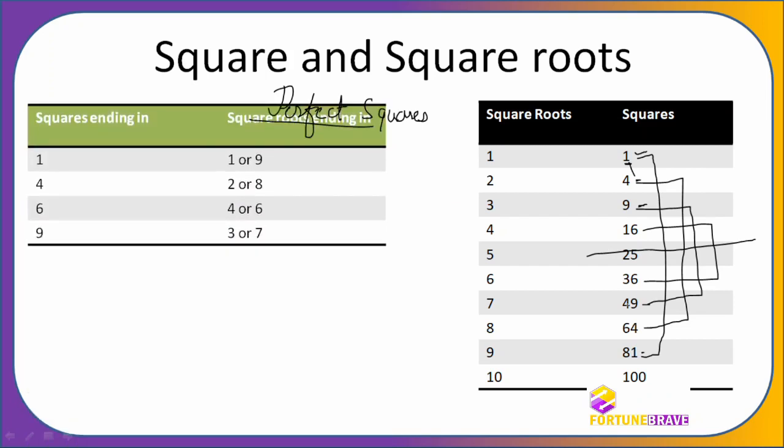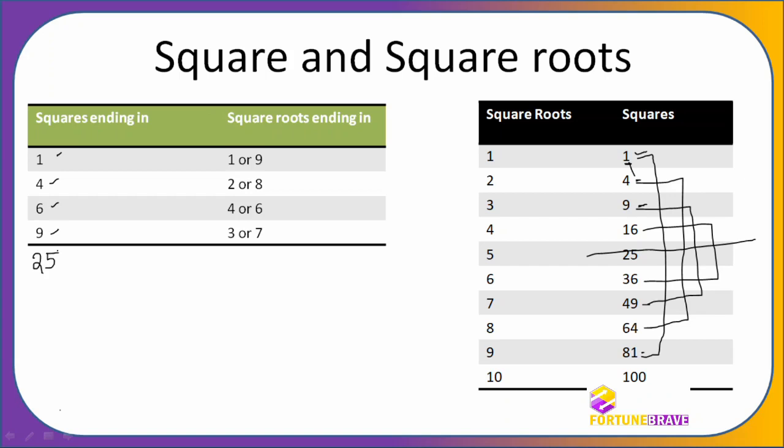Here is the chart which will tell you. I'll remove this so that you will see that if you just observe the last digit of squares, they are 1, 4, 6, 9. Two more are missing here. I have missed this purposefully because